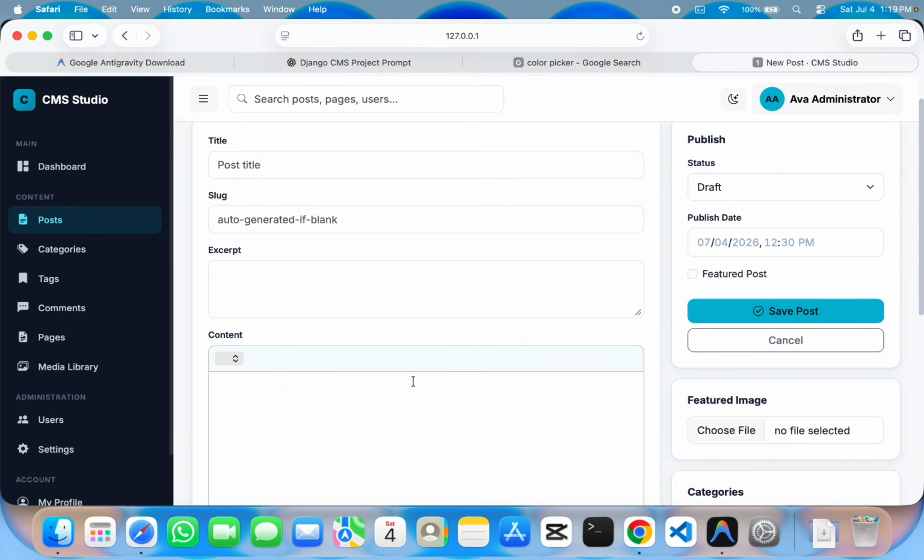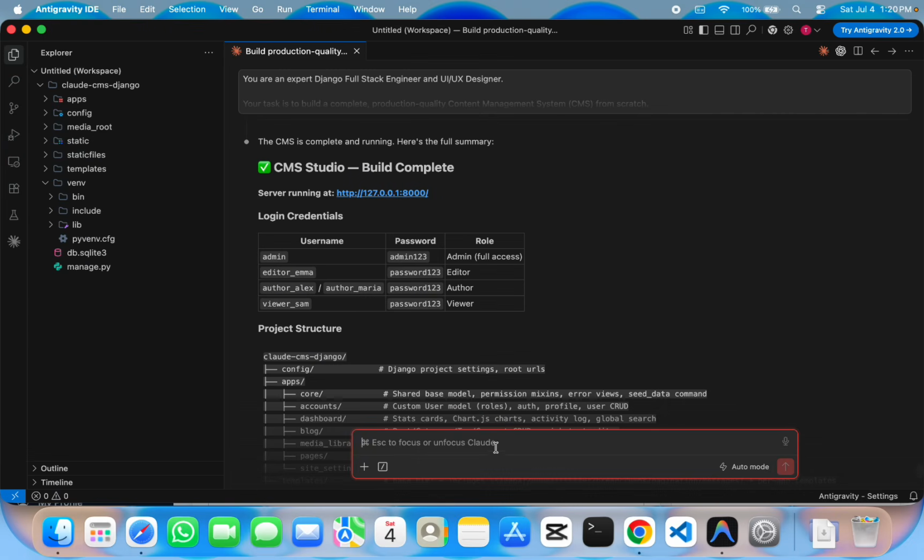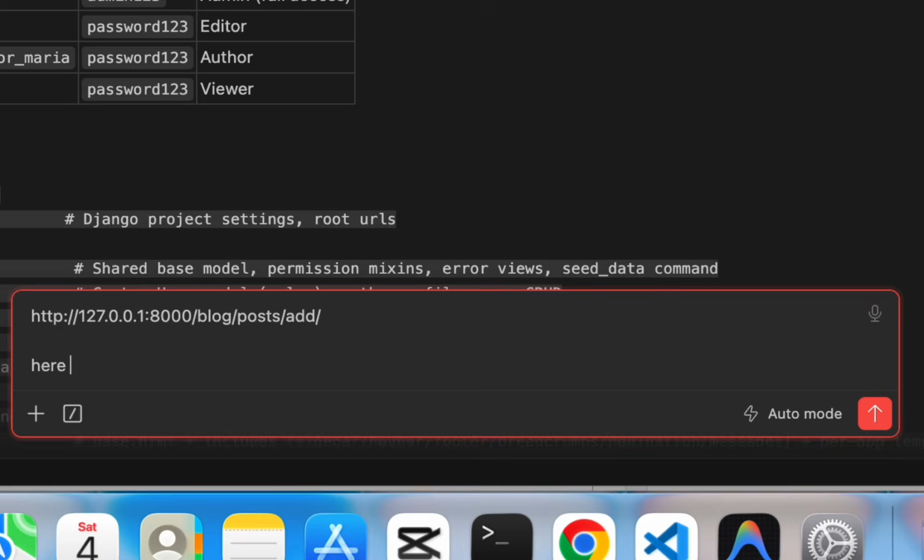So we have to fix this. How can you actually fix this kind of error? Now let's say I am here in this URL. So there is a specific URL, so I'm going to copy that URL, and I'm going to go back here in the anti-gravity, and I'm going to mention the URL, and I'll say that here